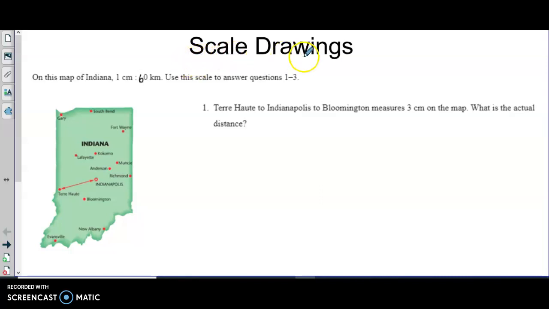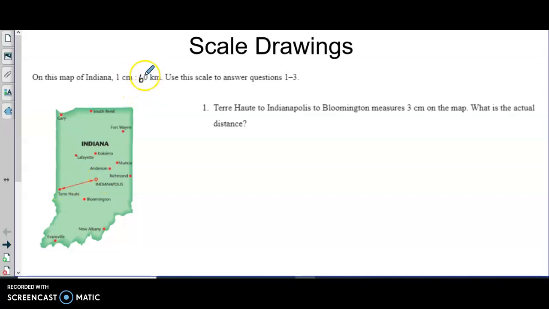Today we are dealing with scale drawings. So on this map of Indiana, one centimeter is equal to 60 kilometers. Use this scale to answer questions 1 through 3. So on the map, this distance here is only 1 centimeter, but in real life, it's really 60 kilometers, which